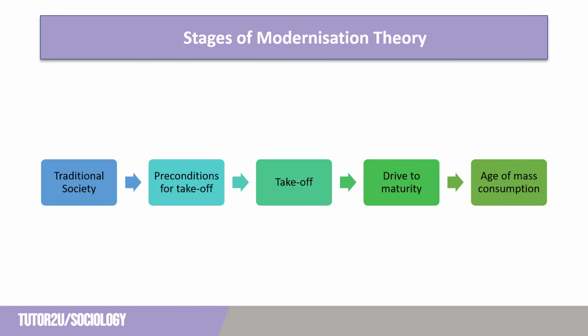Rostow argued this transition does not happen overnight, and that the right conditions need to be in place to meet the next stage, the preconditions for takeoff. Once these have been established, then nations can emerge through increasing trade and developing their infrastructure. Eventually, they will progress to being a developed nation, one based on mass consumption of goods and being a largely service sector economy. Let's look at the different conditions within each stage more closely.